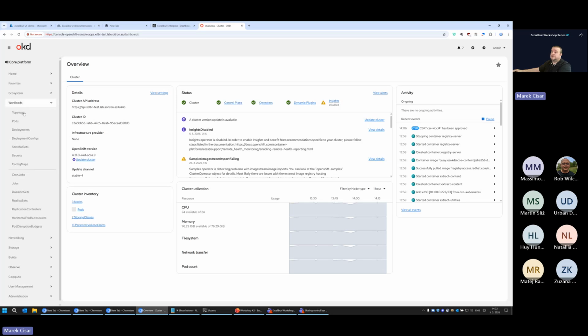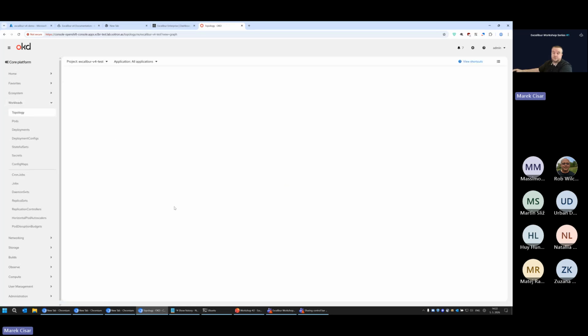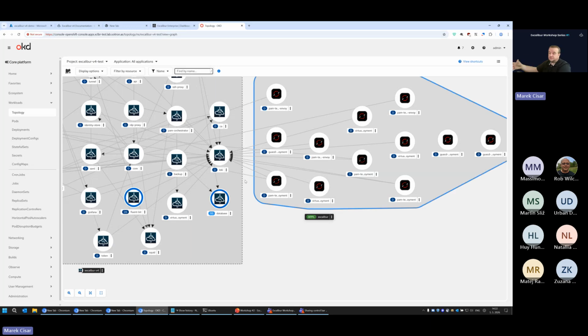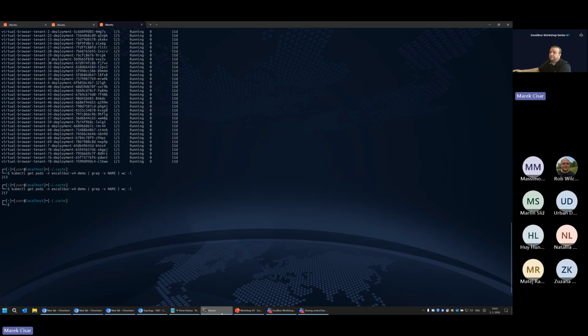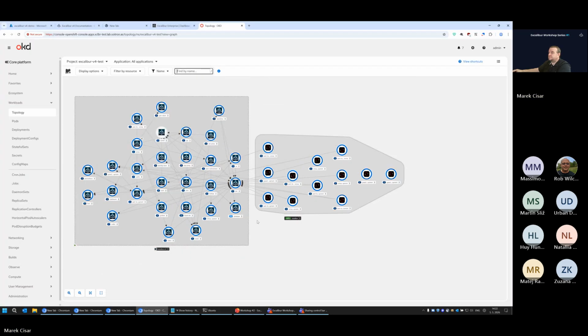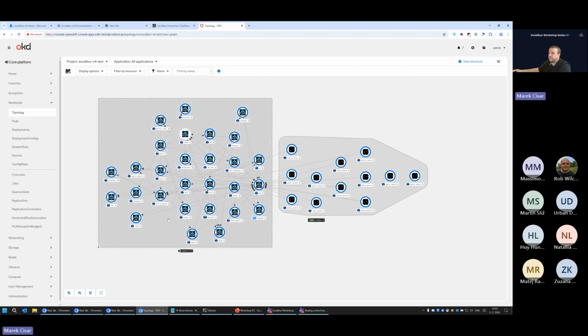And let's check the topology of the workload. This is basically the graphical interpretation of what I already showed you. Basic common components of Excalibur SAM.